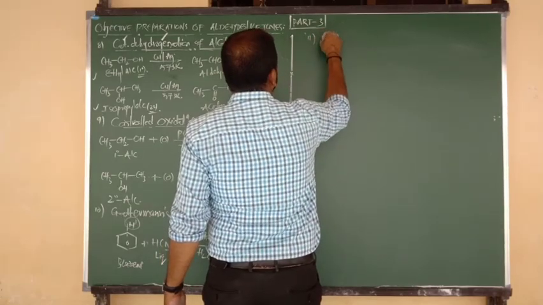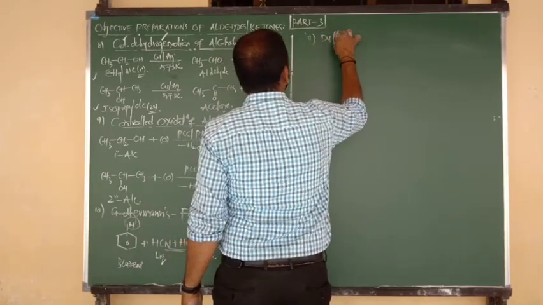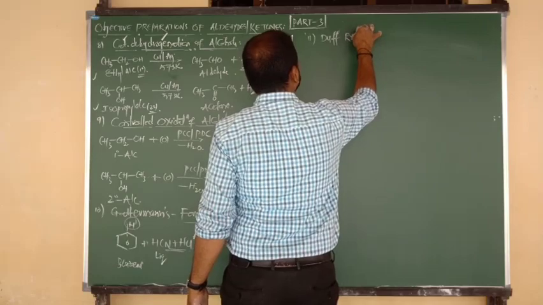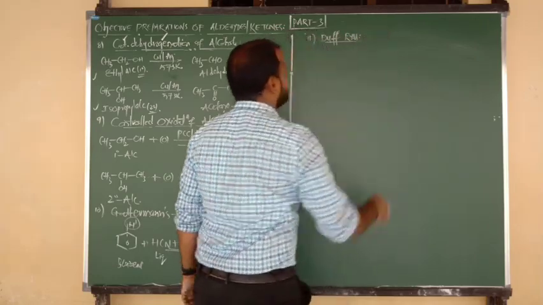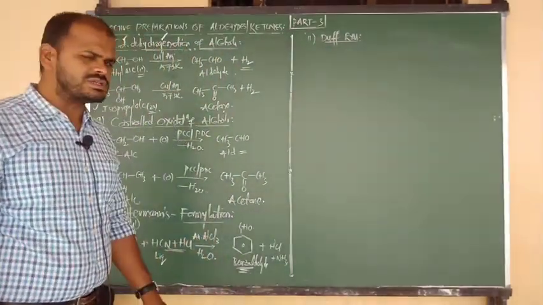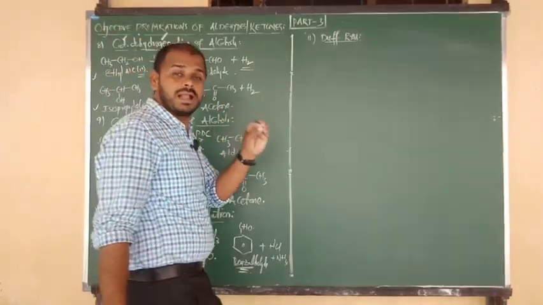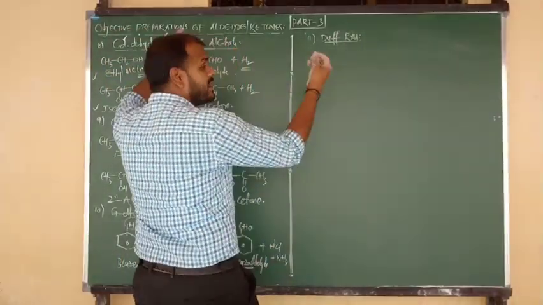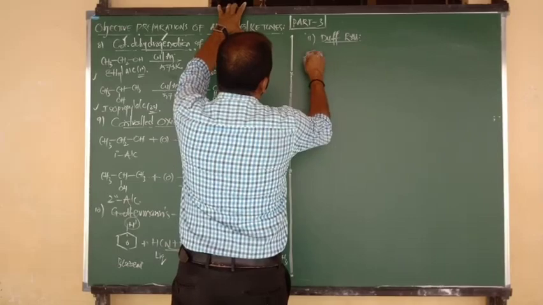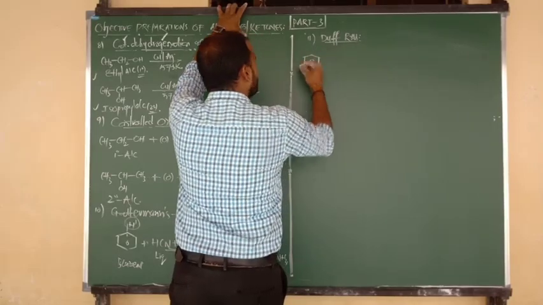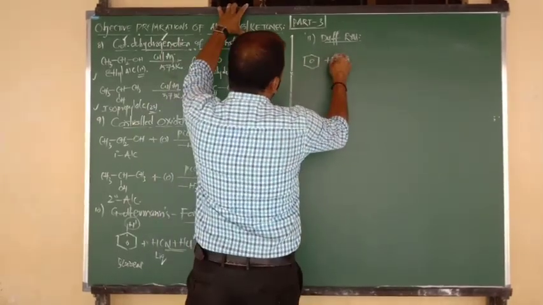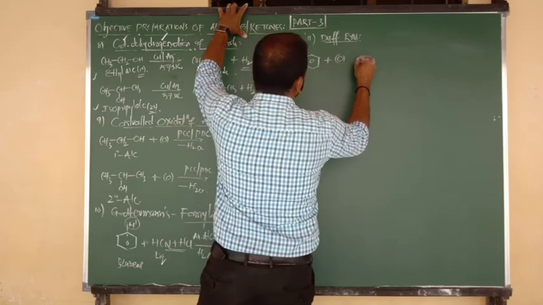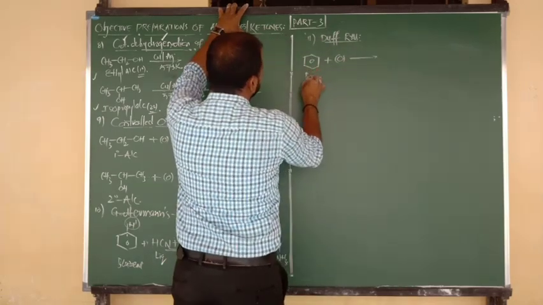Next, reaction number 11, that is known as the Duff reaction. It is useful to prepare aldehyde. Which aldehyde? Benzaldehyde. From where? Again from benzene. Yes, I am going to consider benzene here. It undergoes reaction with, simply, upon oxidation. Benzene upon oxidation